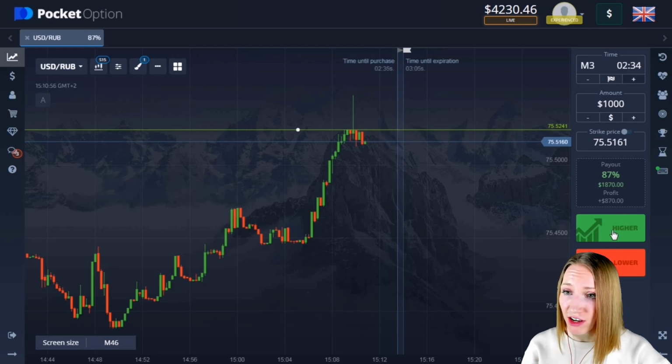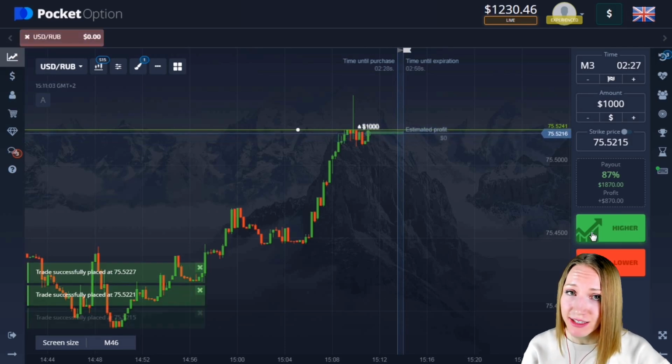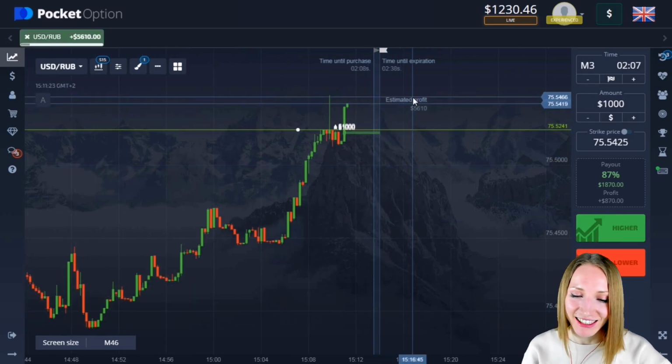This time will be with a reserve because there is a chance of a small flat or maybe a pullback down again, and after that the upward movement will continue because the price has a very good potential for an increase. So let's check it.